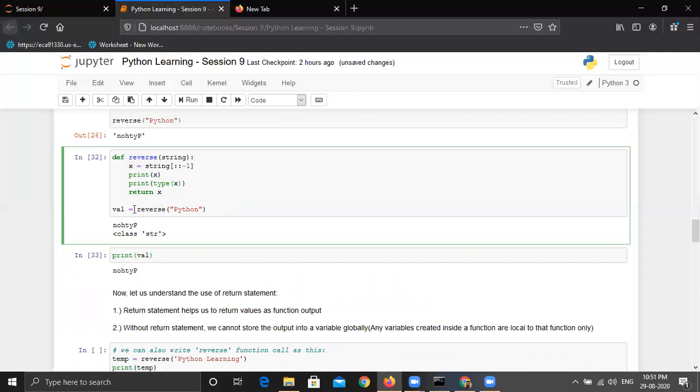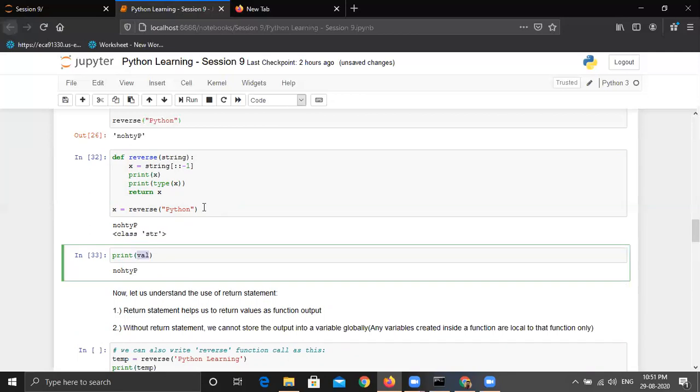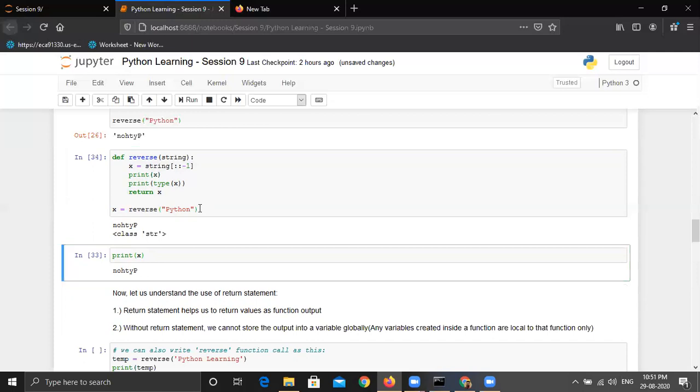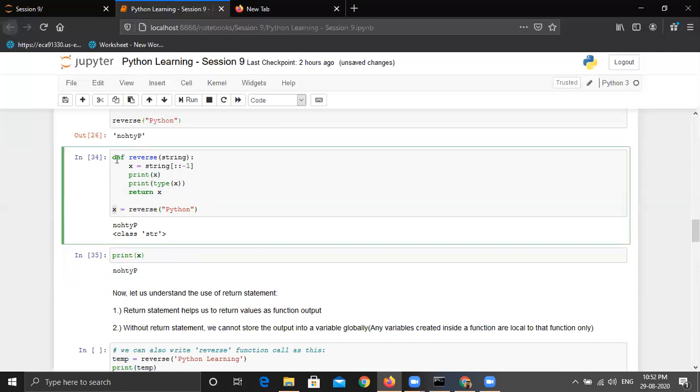I can also give the same variable name, which is x here, and then I can print x, because this x is just limited to the function scope. But this x is a global variable that I'm creating from the output of this function. Let's check the output. You can see the same output I'm getting. So the x variable has become global, but this one was limited to that function only. Is this concept clear?